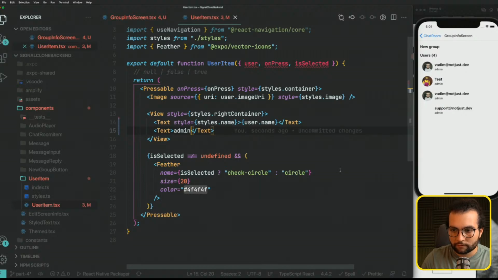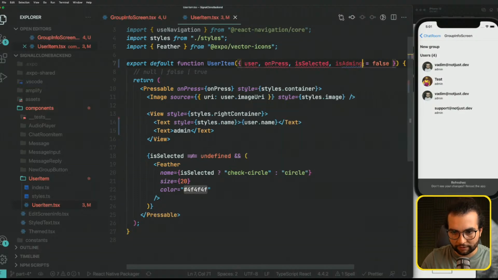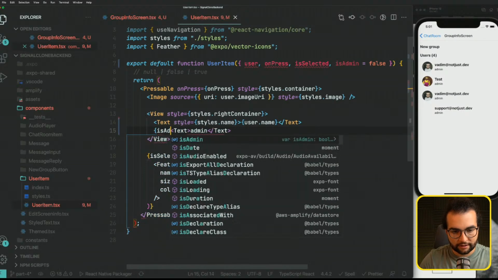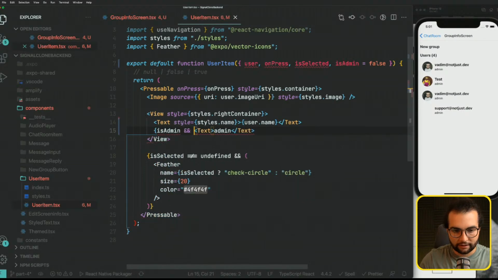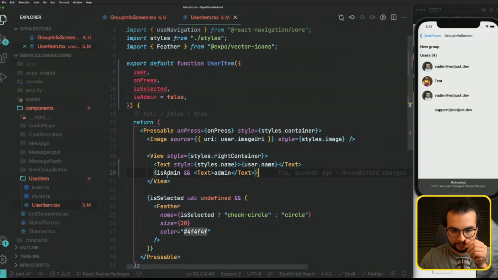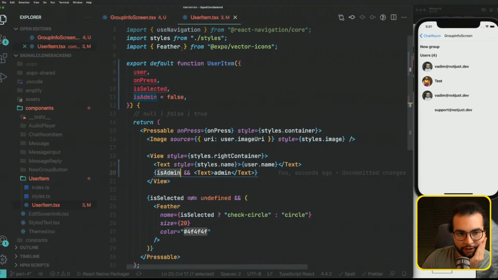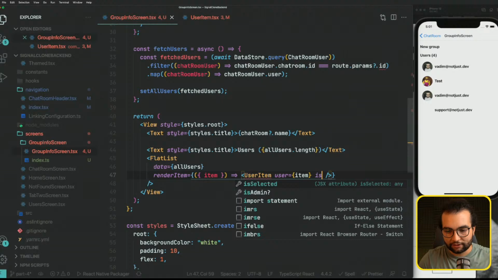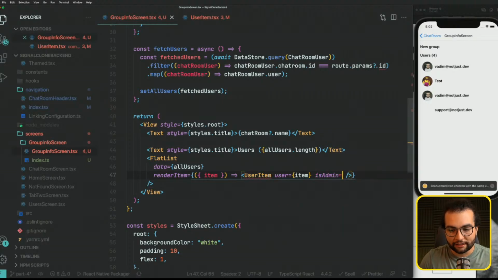And is admin will have a default value of false, admin. And we're gonna render this is admin conditionally. If we send the property is admin to true, we're gonna render it with the is admin thing there. How do we do that? Here we need to send is admin a value,